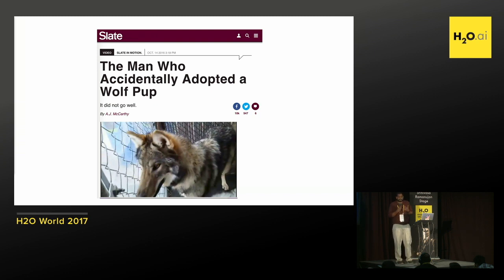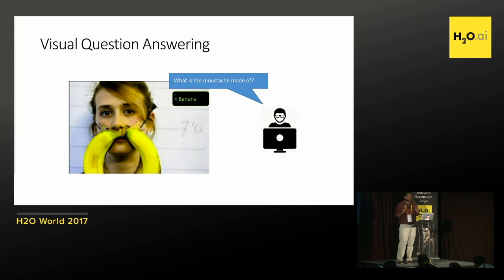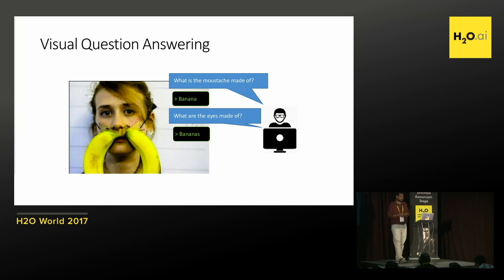The problem is that if you've played with machine learning, you would have seen some version of this pretty much any time. Even with state-of-the-art methods, you can take a look at what would happen, and you would realize that a lot of them are quite brittle. So for example, I showed you this case of asking what is the mustache made of, and it said banana, and that seems quite impressive. We were playing around with a bunch of different questions. So we asked, what are the eyes made of? And it said bananas. That was a bit disappointing because now it's not clear. Earlier we thought, OK, it's learning what a mustache is and figuring out it's made of bananas. Now we are not so sure.